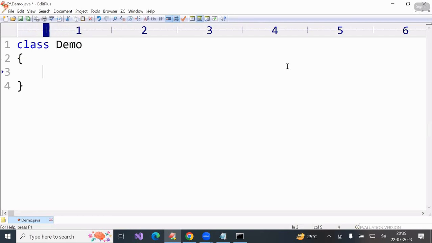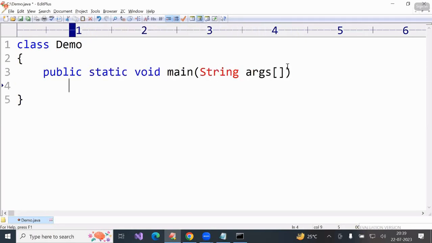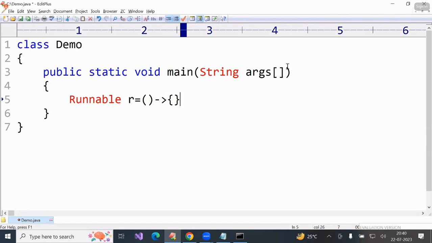Class Demo, public static void main String args. Here Function, Predicate, BiFunction, these you all studied, no? Like that, Runnable R equals what is the method? Run method. Will it take a parameter? No. Will it return? No. Arrow. Now here we have to write code, that's what the braces are for. With the braces you can write whatever you want, the task code: for int i = 1, i less than or equal to 10,